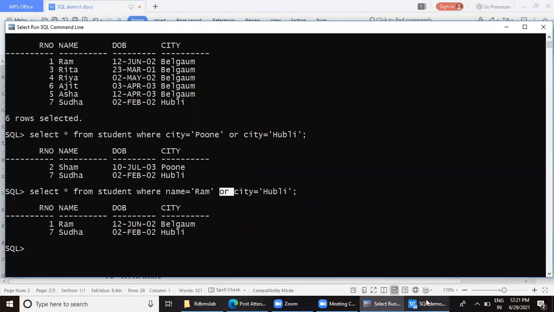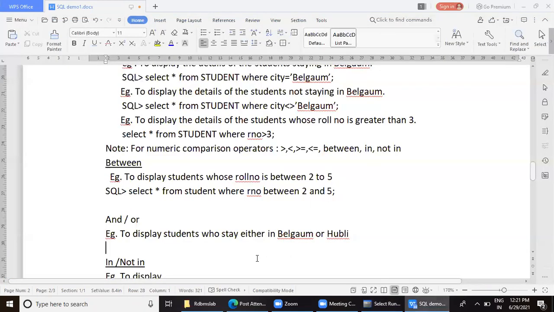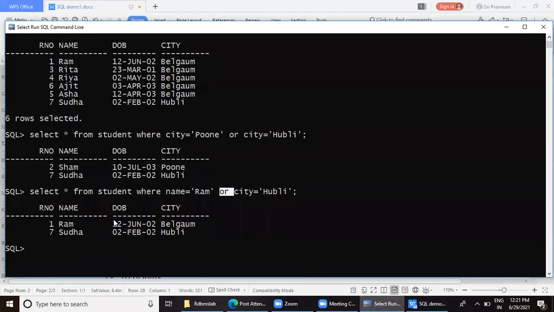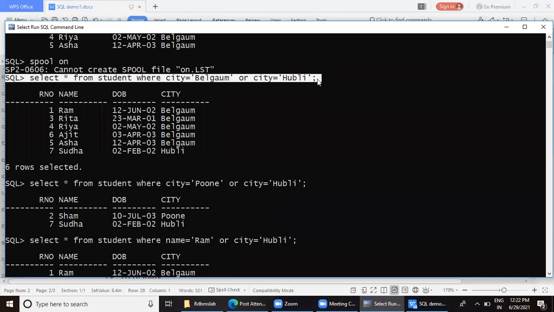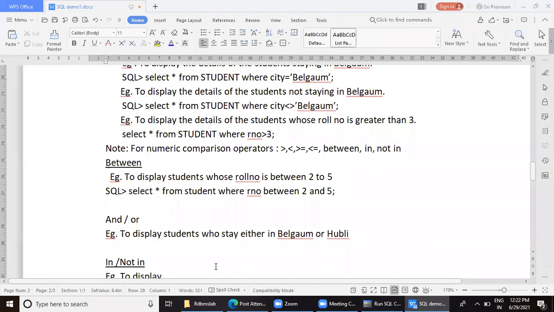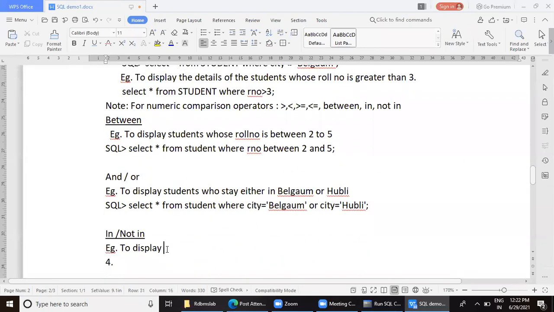So for the in operator, let me give you the example here. Belgaum or Hubli, I will just copy this. Now let us see the example for in and not in.